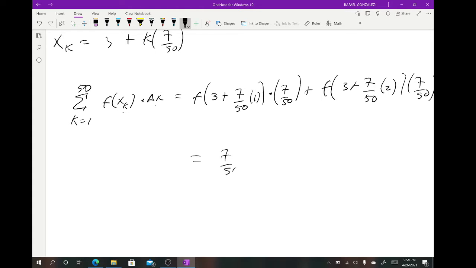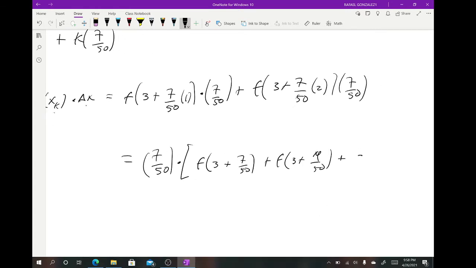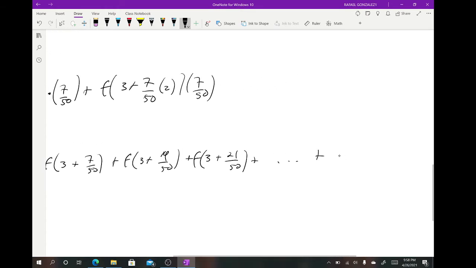You have 7 over 50, the width, times f of 3 plus 7 over 50, plus f of 3 plus 2 times 7 is 14 over 50, plus f of 3 plus 21 over 50, plus all the way up to f of 3 plus 50 times 7 over 50, times 7 over 50, which will be 3 plus 7, because the 50s will cancel out, and then you'll just get 3 plus 7, which is 10,